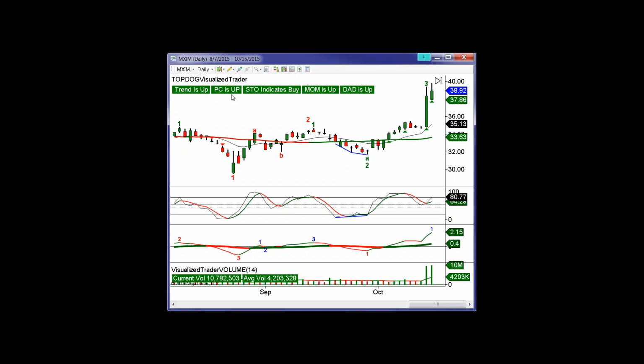Now here's a new one. PC is up. That's price change. Again, what Gary's done here is he's taken the Top Dog Trading methodology and made some little tweaks to it that he likes. And they're good. So price change is up basically means that, looking at the individual bar,